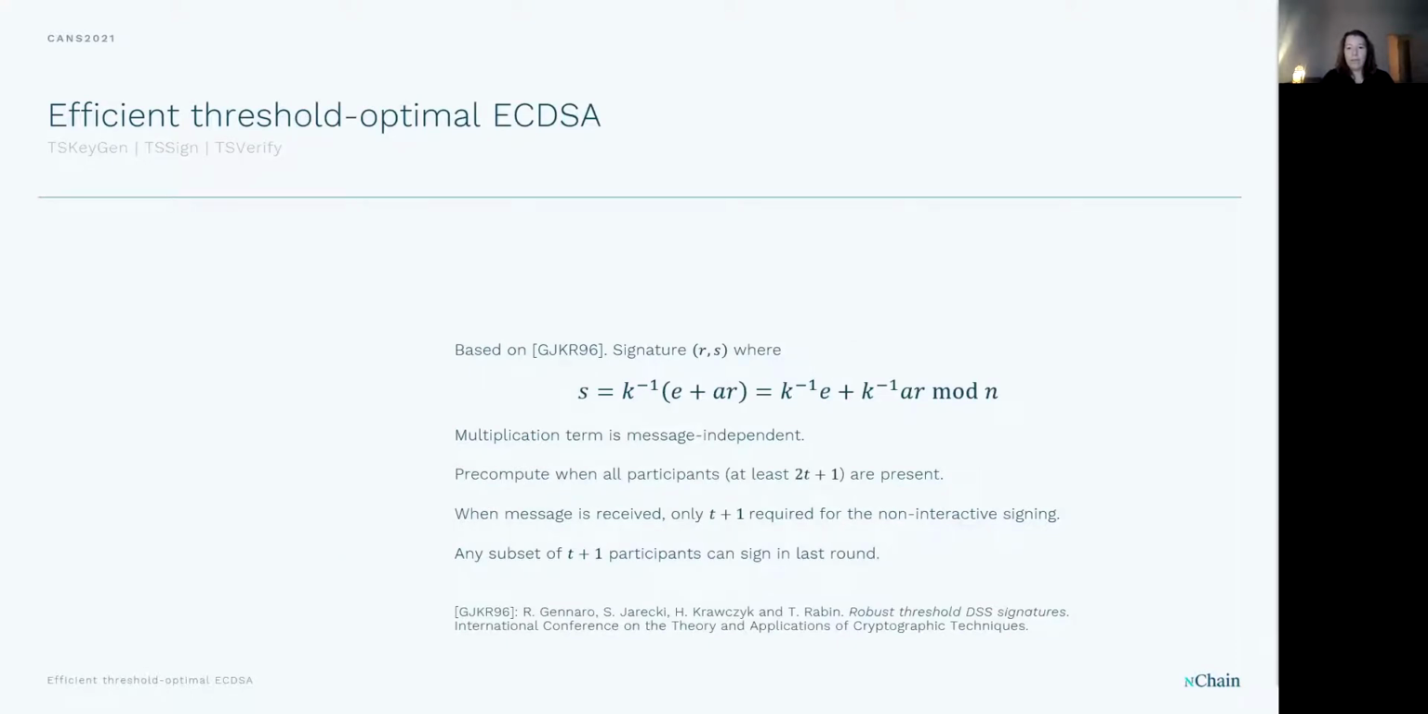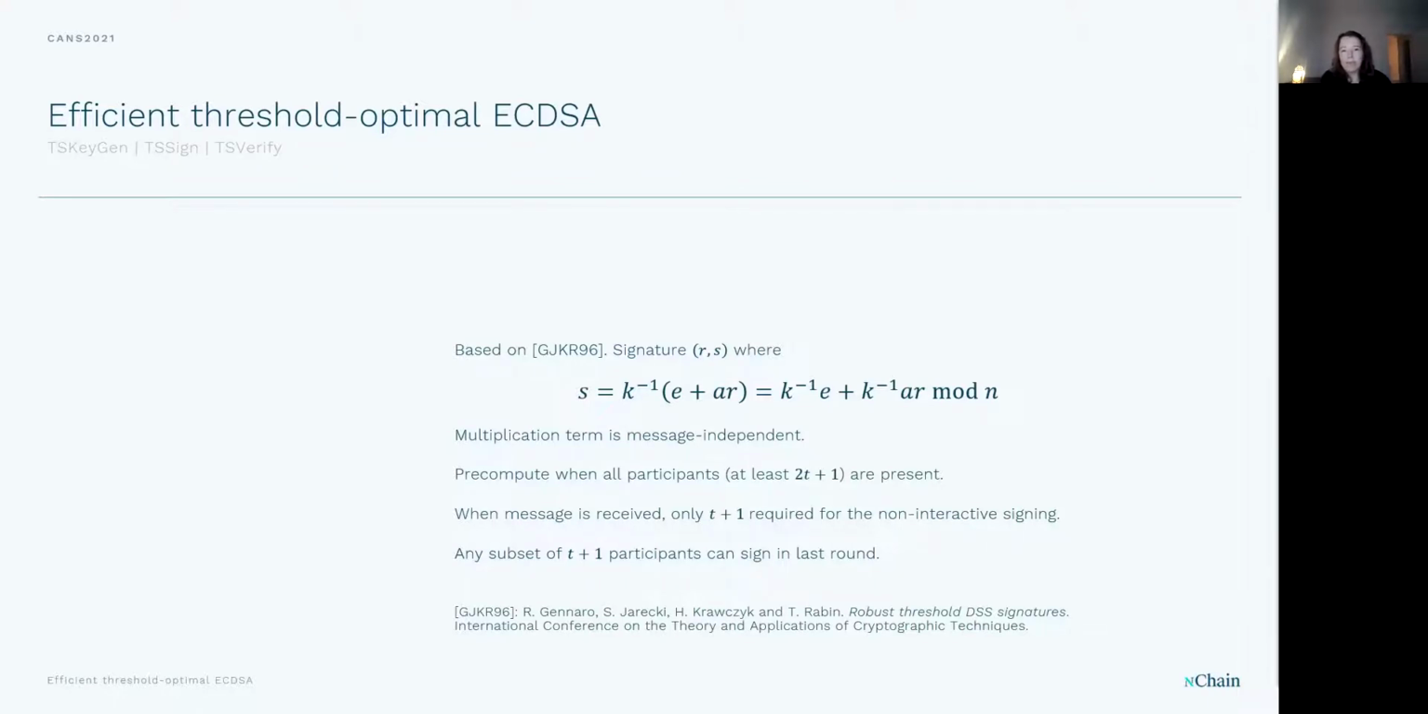Okay, so now let's talk about this paper, Efficient Threshold Optimal ECDSA. Similar to ECDSA, it has 3 algorithms: key generation, the signing algorithm, and then verification. It's based on the 96 scheme and makes a slight modification to that scheme, just noticing a simple trick. As a reminder, the ECDSA signature is this value R, and S is defined to be K inverse multiplied by